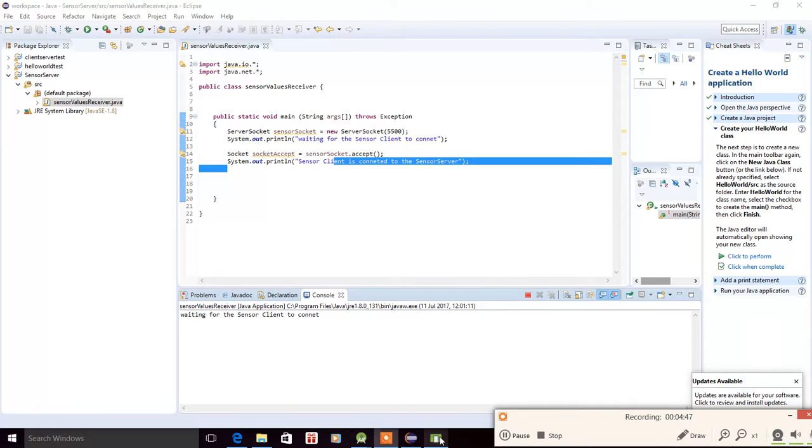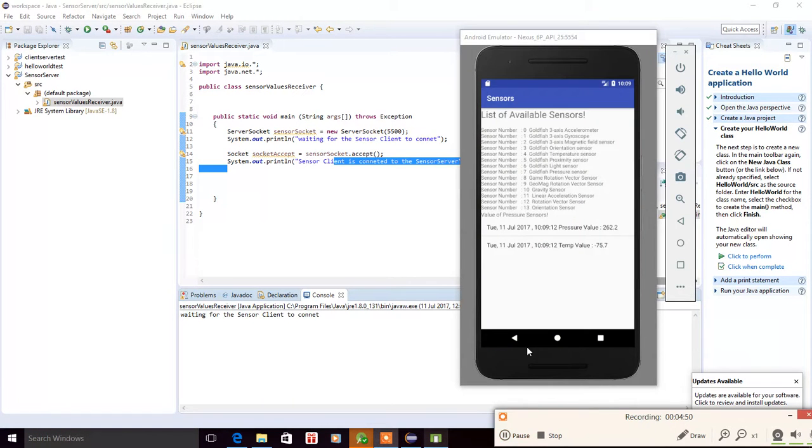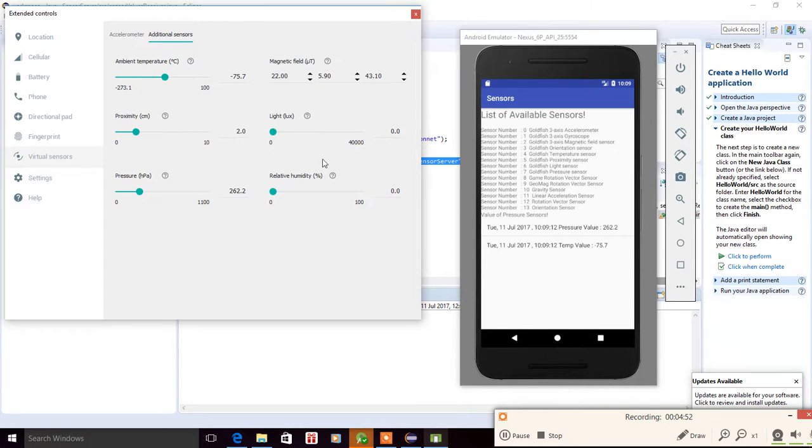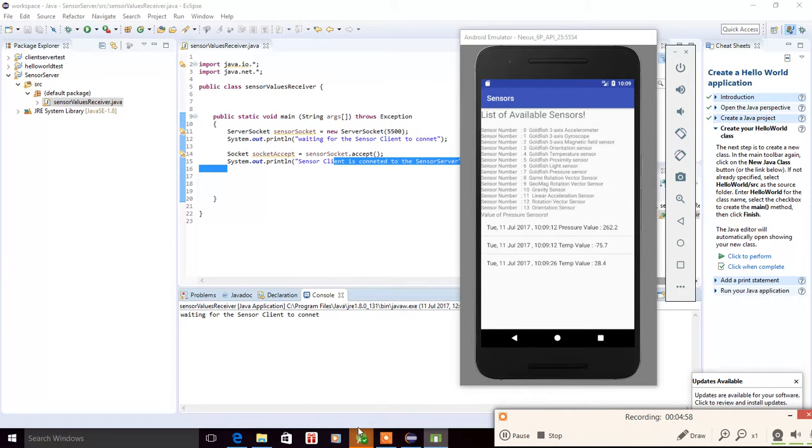Our server is still waiting. So the client is up again. Let's change the value of the sensors again. Let's change the value of the temperature again. Okay, it appeared. Now see what we have on the